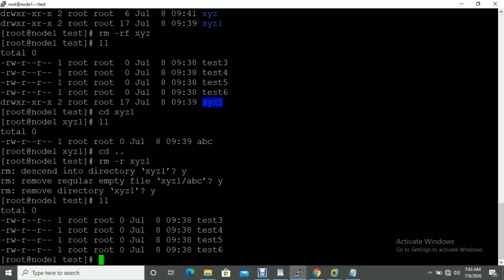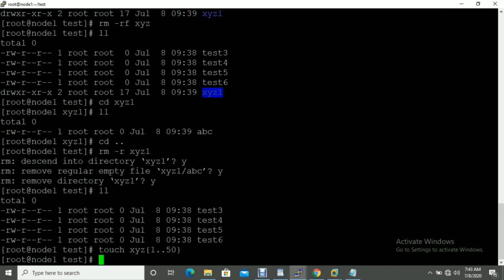Sometimes you have multiple files. Let me touch xyz{1..50}.